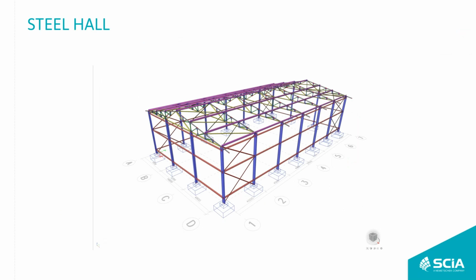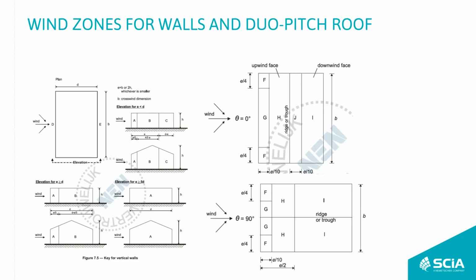So if I go back to my presentation and show you some pictures which I have taken from the code, basically, in the case of a steel hall, which is a building with a dual pitch roof, as you have seen on the presentation,